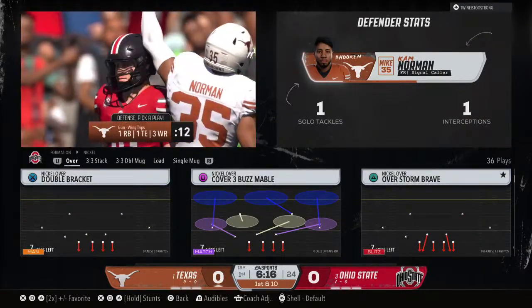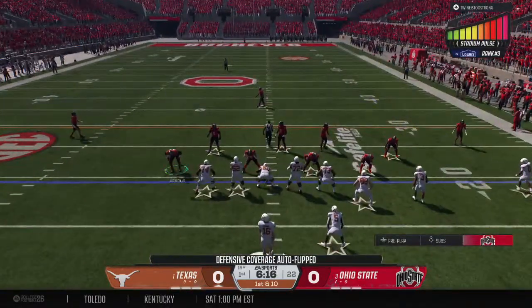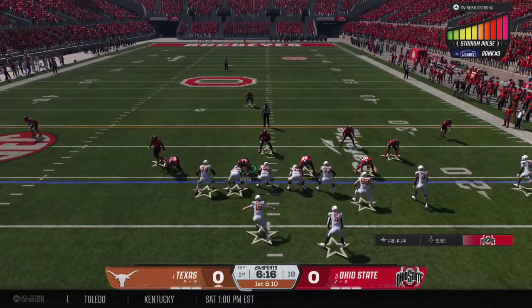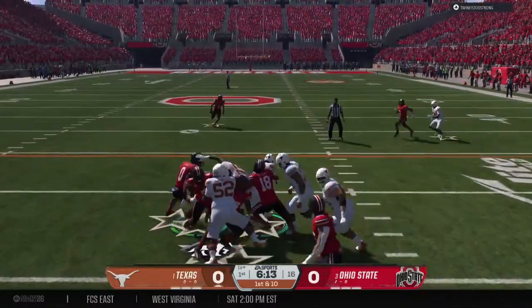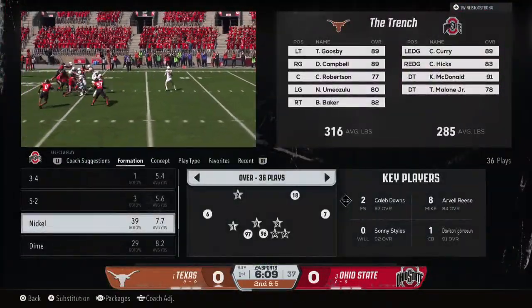And this is a big-time play by this linebacker showing his versatility. We know he can stop the run, but in zone defense with Cover 2, he's got an area he's got to be able to defend, and that's exactly what he did. And I don't know if the quarterback even saw him or knew that he was capable of making a play like that. That gain moves the ball out near the